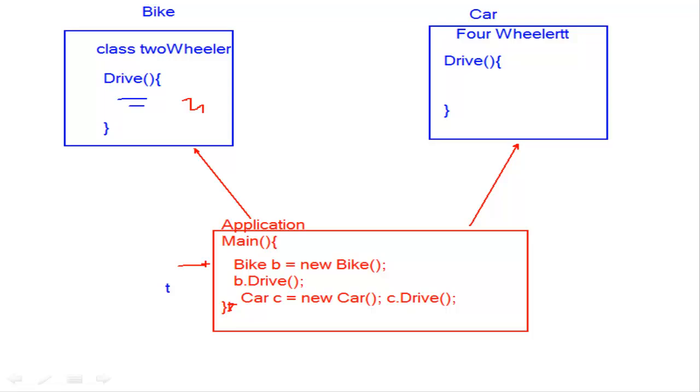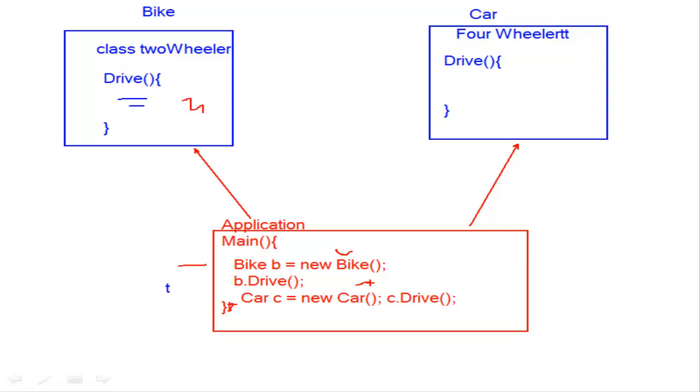And all of you are familiar with what coupling is. Coupling is the degree up to which one object is connected to the other object. And here, you notice in this example, there is a strong coupling between the two things. In order for my application to work, I have to have these two objects. I must have this bike and car, without which my object will not work. So if you want to start this application, you have to have the bike and the car with you.